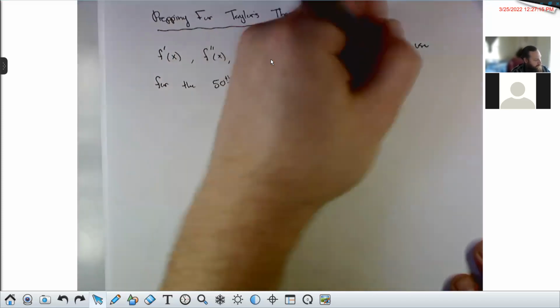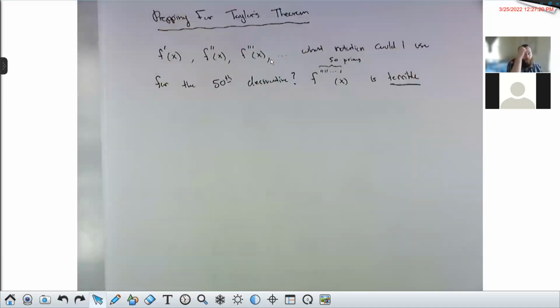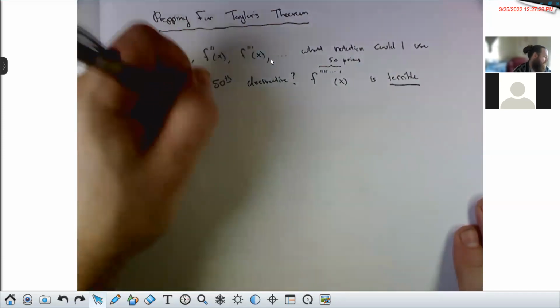This is terrible notation. I wouldn't want to write 50 little dashes there. So instead, the standard notation